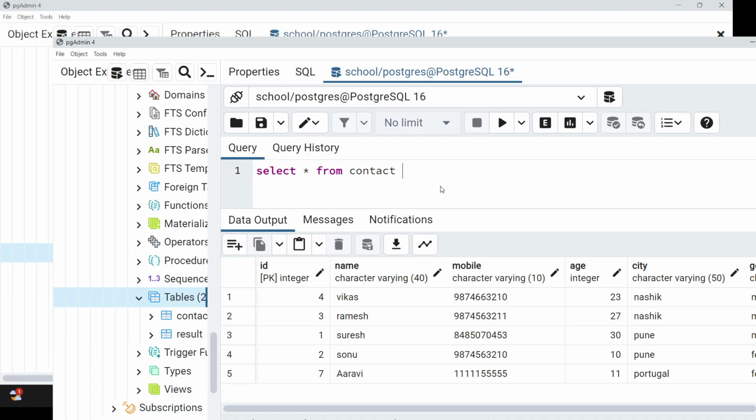A slight brush-up is needed on databases. So we write where, then specify the field name where you want to apply it, and here you want only data from the Nasik city. This is also a query we can write instead of the select star.